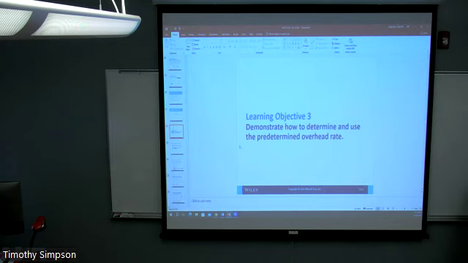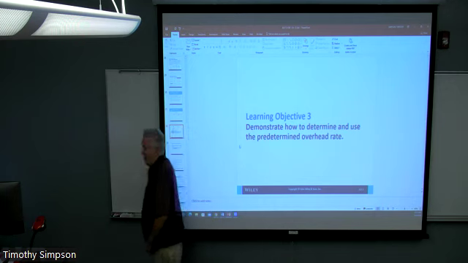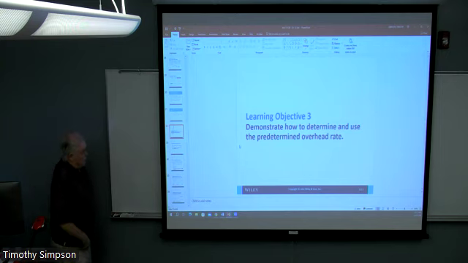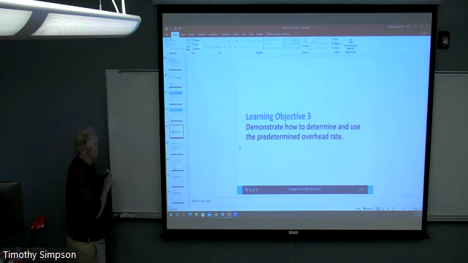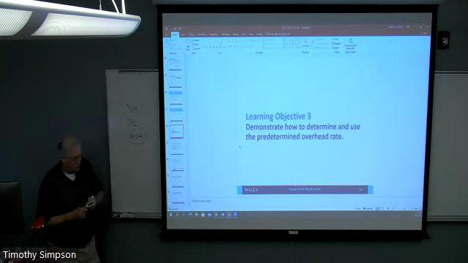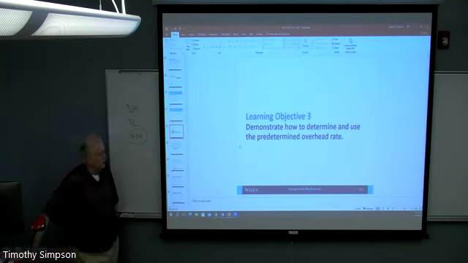In the last chapter, we differentiated product cost from period cost. Period costs are those accounting costs which really aren't related to the product itself. We call them period costs because we measure them based upon the accounting period, the quarter, the year, whatever we're dealing with. When we talk about product costs, we're talking about direct materials, direct labor, and manufacturing overhead. We're going to talk a lot today about what to do about manufacturing overhead. One of the things we talked about earlier was that it's an indirect cost, and as such, there are some difficulties in applying it to individual product costs.